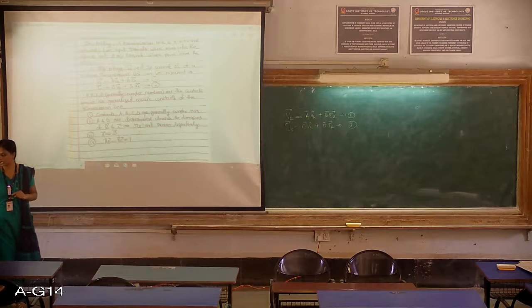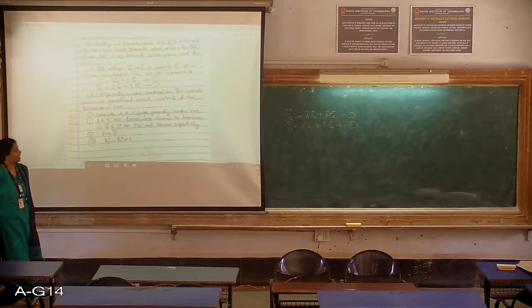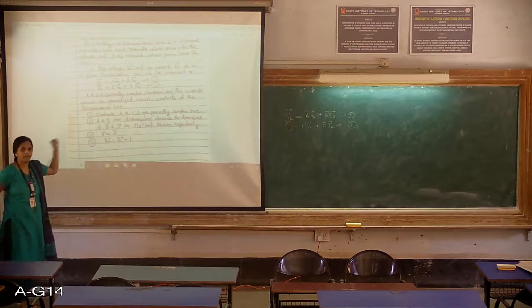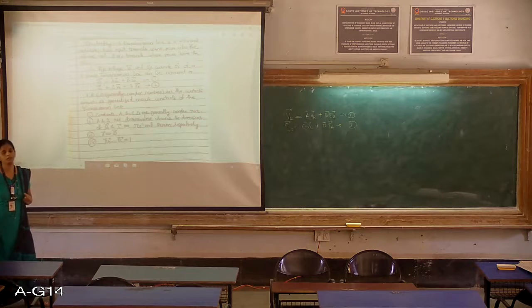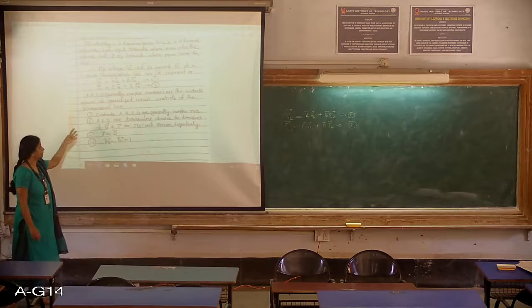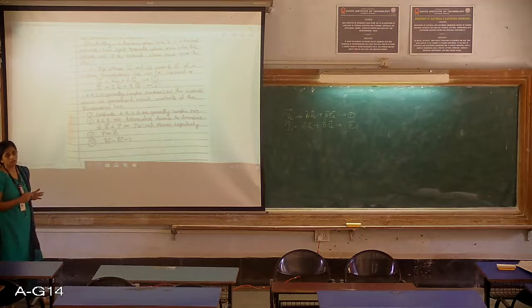So see the features now. The constants A, B, C and D are always complex numbers. A and D do not have any dimensions, whereas the dimensions of B is ohms and C is the reciprocal of B, Siemens. So ohms and Siemens respectively. A is always equal to D and AD minus BC is always 1. Clear? So they have given this, you have to prove it, by taking any problem we are supposed to prove this. So these are the 4 features of the ABCD constants that we are going to consider.